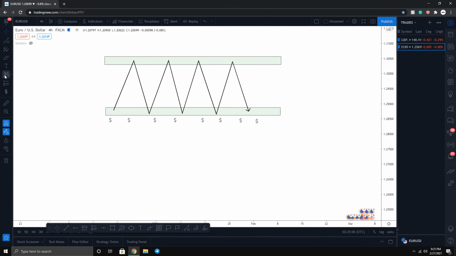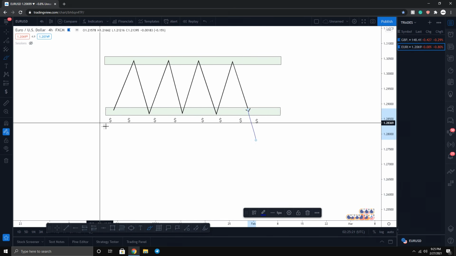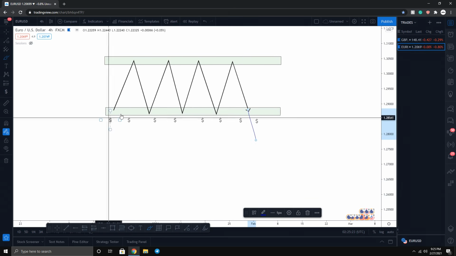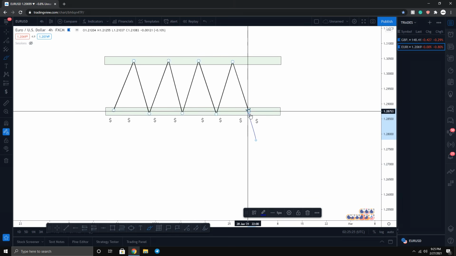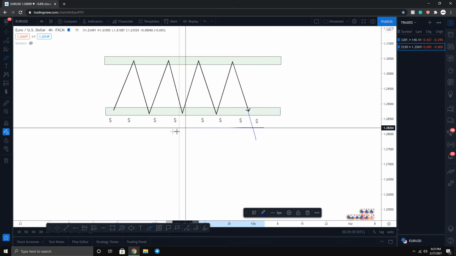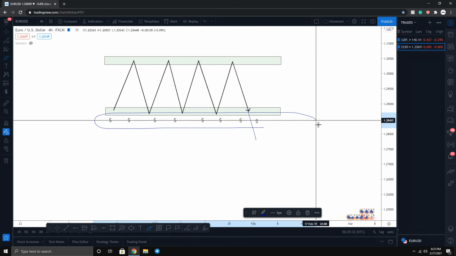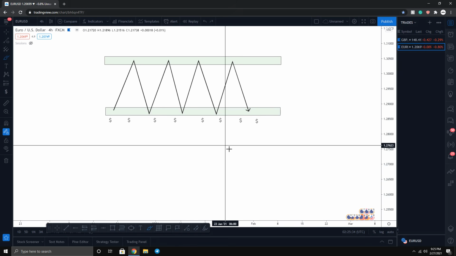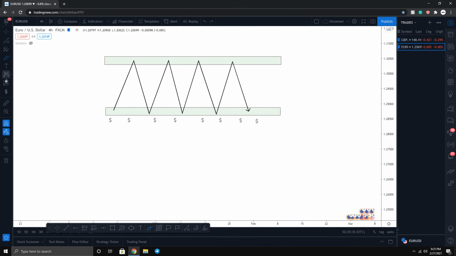So what the market maker is actually going to do is imprint the idea that since the market bought up from here multiple times, 1, 2, 3, 4 times, the next time the market comes here, it's going to do the same thing. What's actually going to end up happening is they're going to go below that level of support to hit your stops. This is called liquidity, when the market goes below that level of support or resistance, or vice versa, to take out all your money over here, including that of billions of other people, which adds up to a lot of money. It's the same exact scenario for here.